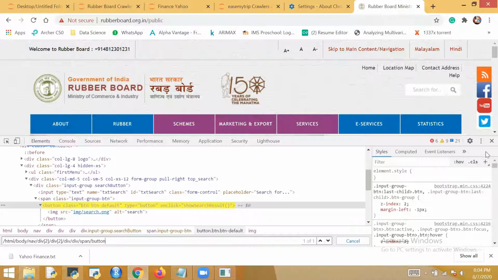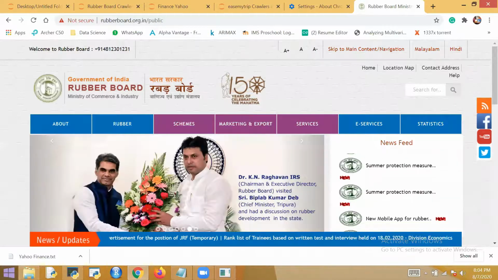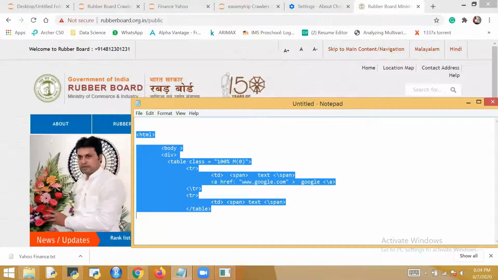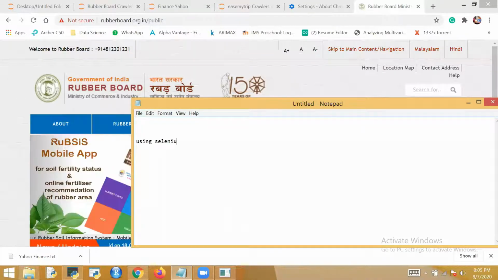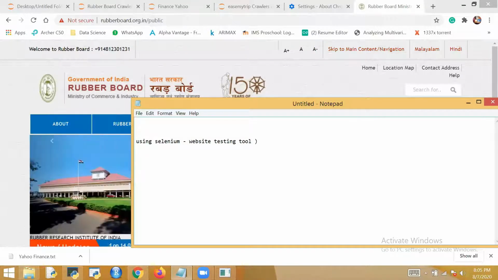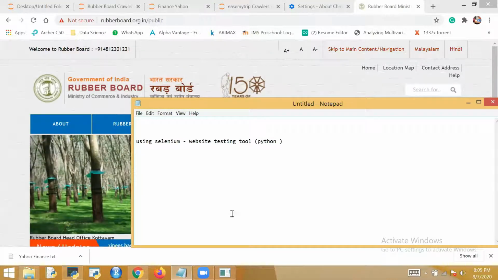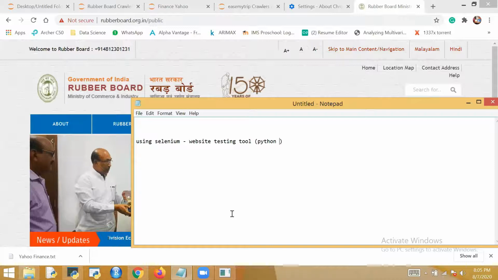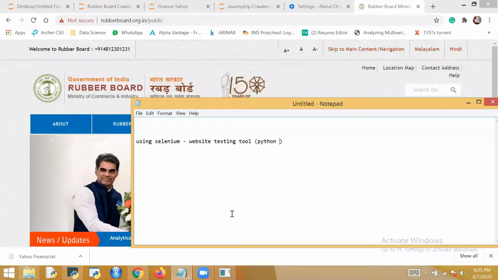So what I have to do basically, we will be writing. Wait, let me open a notepad. Using Selenium. Selenium was made as a website testing tool. They have given the package in Python. Basically, it was developed for testing the website. So whatever it does, it automates, right? Automatically it goes and clicks everywhere and searches and everything. So testers were using this library before. It was a tool. Now it came into a Python library.